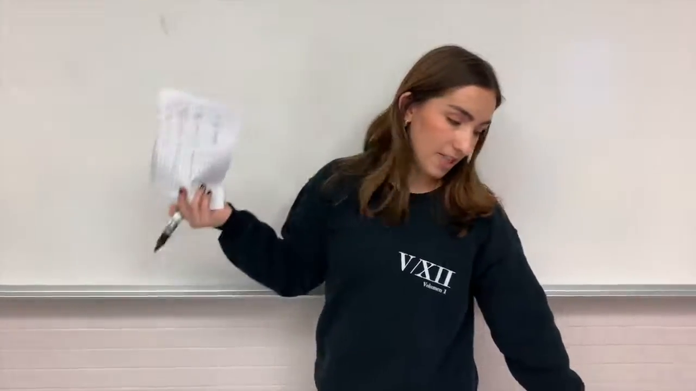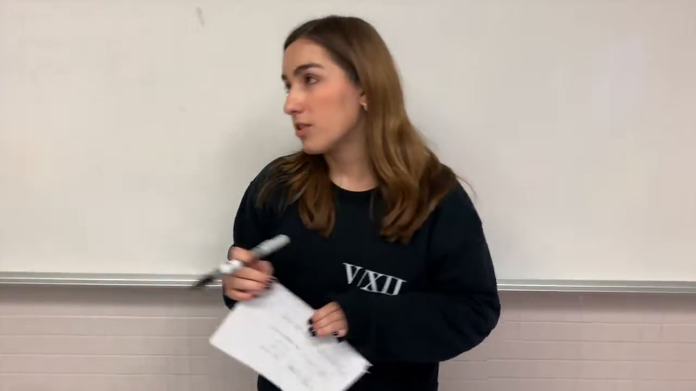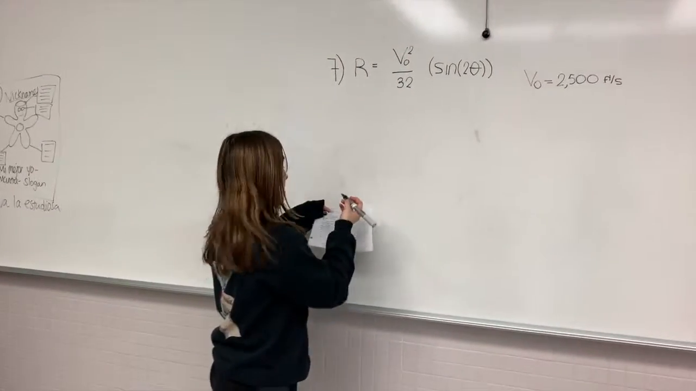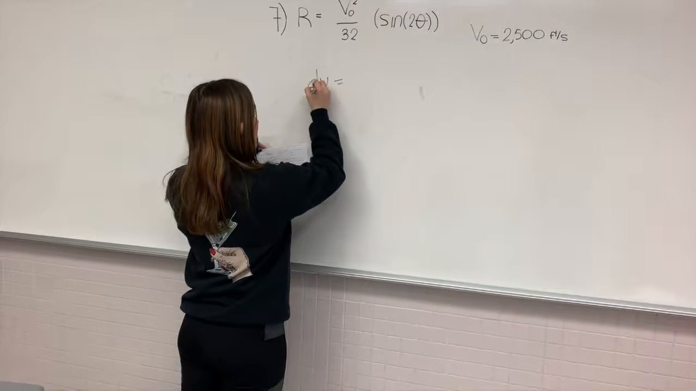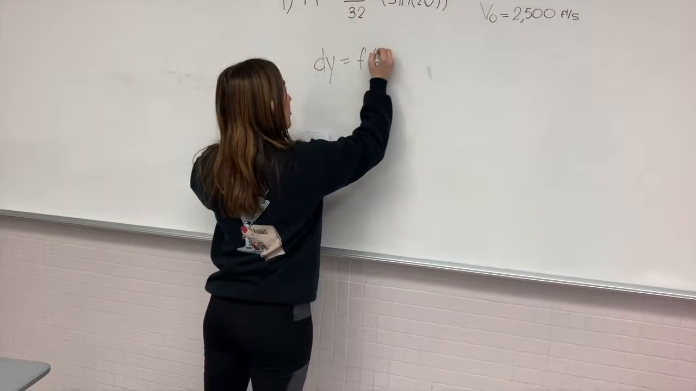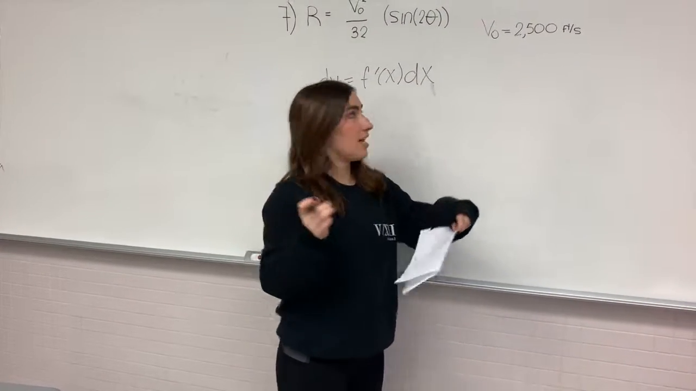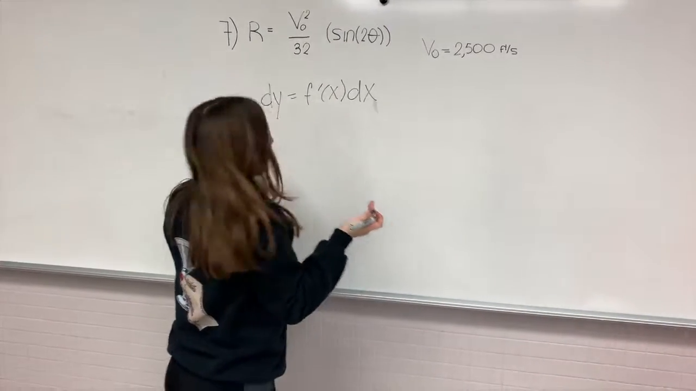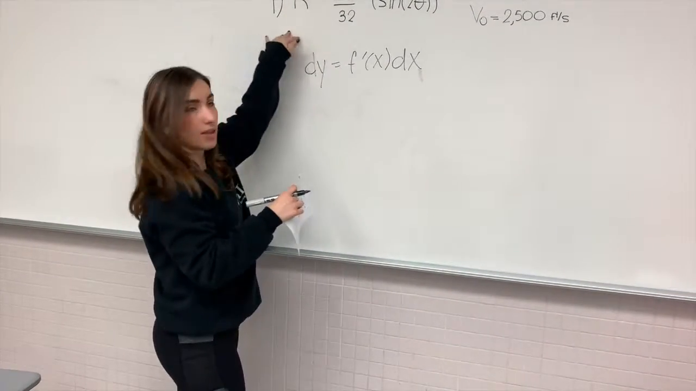Okay, so in part B of this question number 7, they're asking us to use differentials to approximate the change in the range. So we're going to get the approximation by differential, which would be dy equals f prime of x dx. So as Octavio said, they give us the value of V0, and we're going to substitute it in the original equation